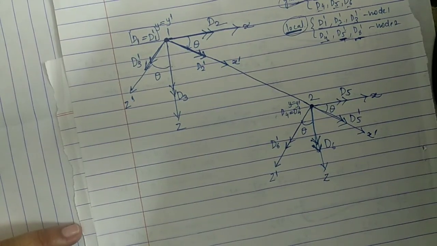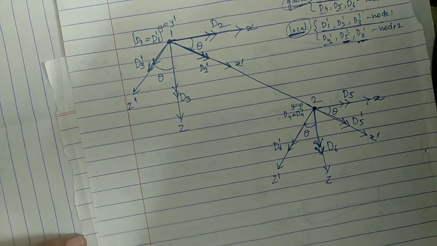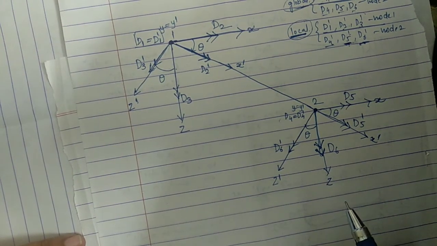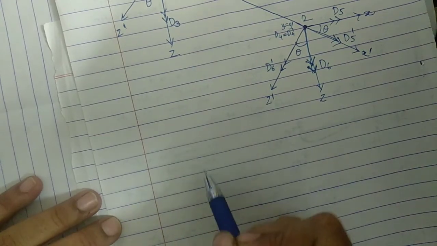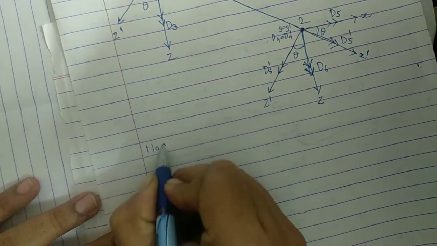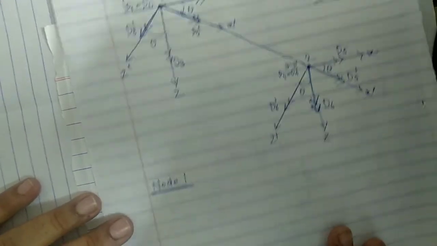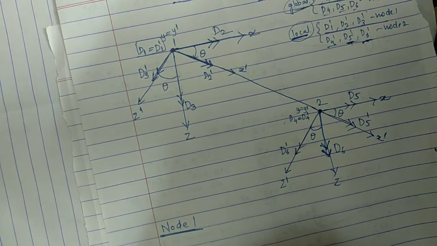If you remember, in a frame we have done the same thing, and that is very simple. Whatever local degrees of freedom are there, you have to write in global degrees of freedom by forming a triangle and writing in terms of trigonometry. So that we will do here, at node 1 and at node 2. First we will write at node 1. Just zoom out those figures and draw a proper diagram here in terms of a triangle.